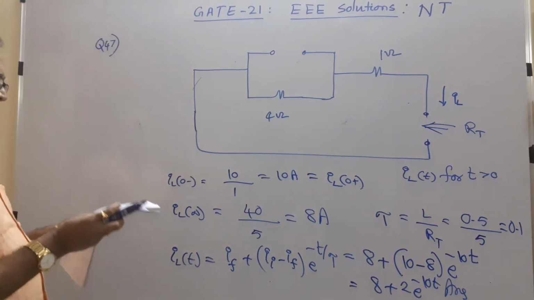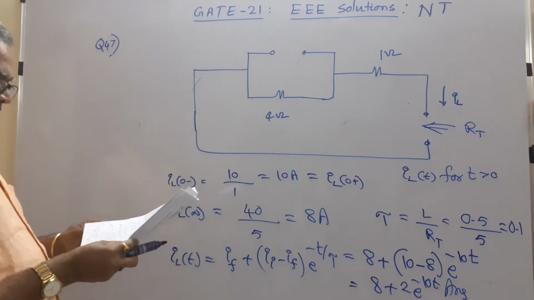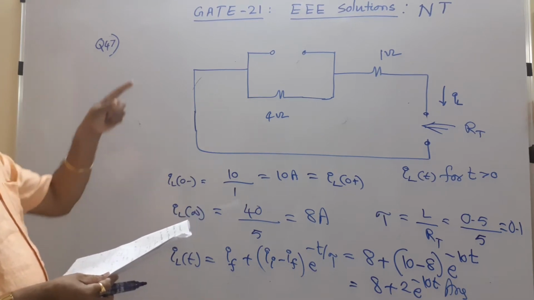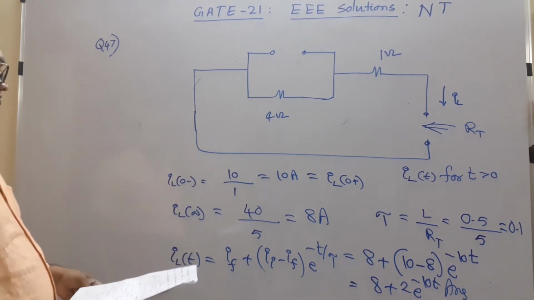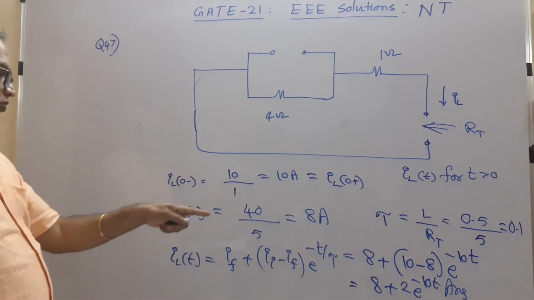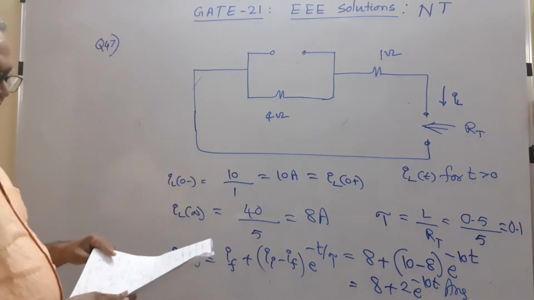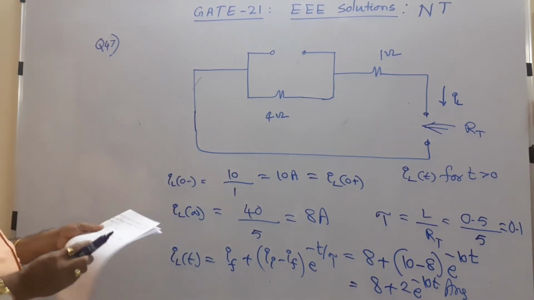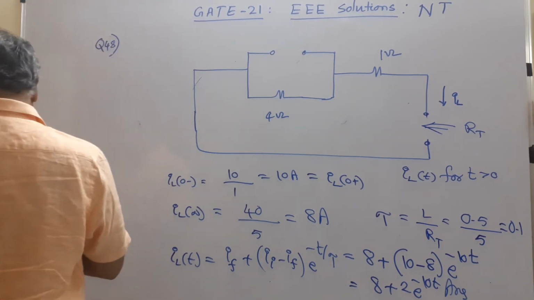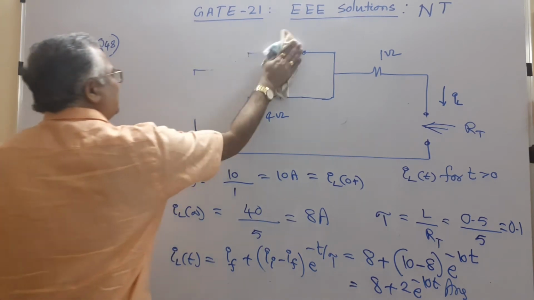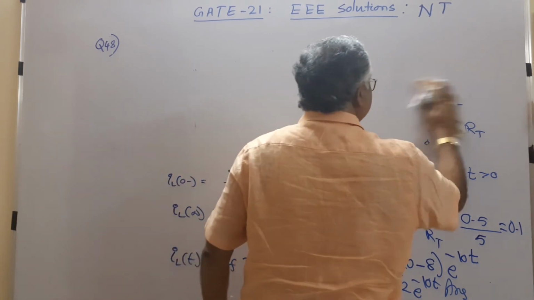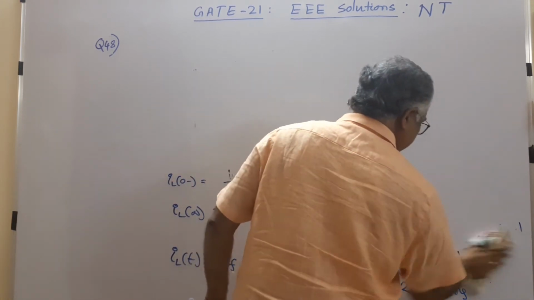So it's a transient, first order, single switch. First order because of a single inductor, only one switch, DC source. So the best method is the shortcut. You should know initial, final, then tau, remember the formula, substitute, simple. Next, 48. I am happy this time many questions came in networks.